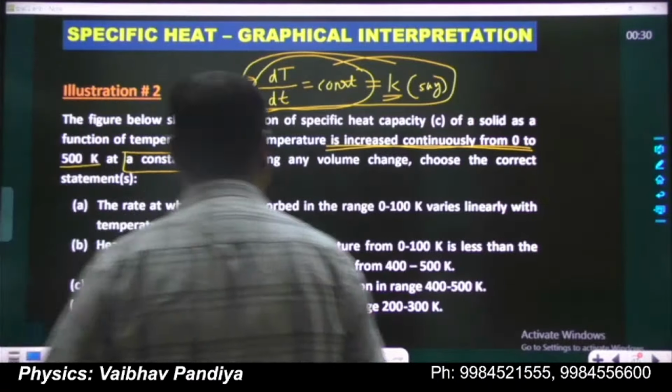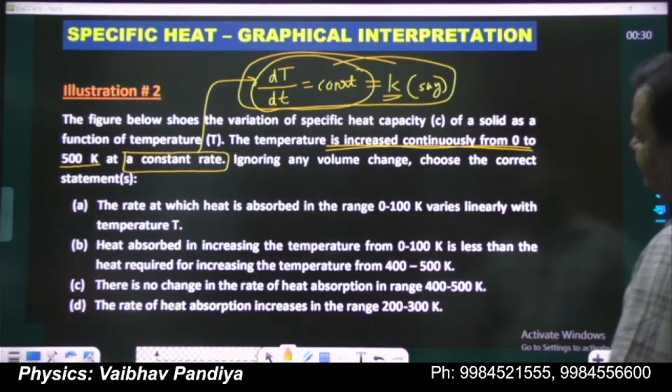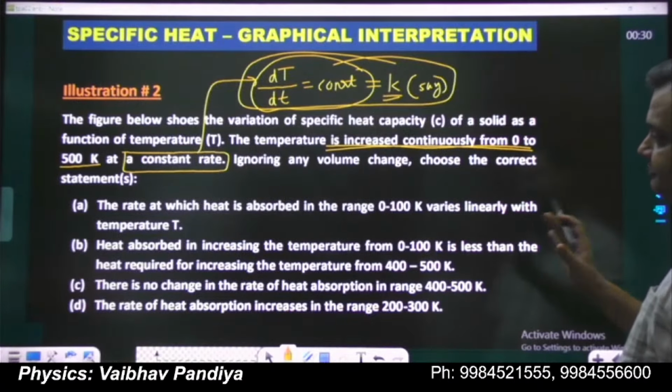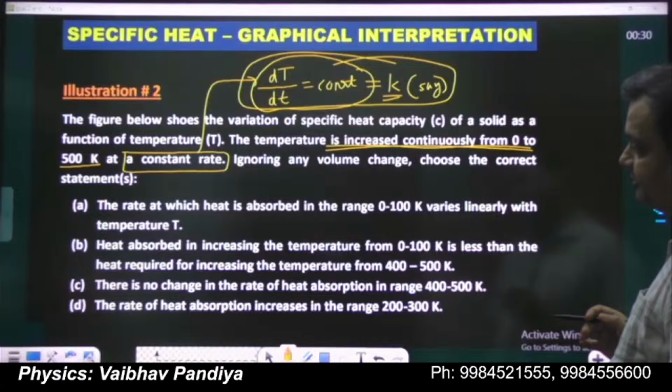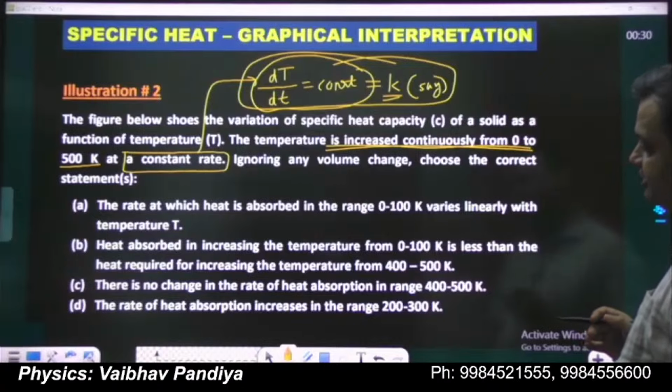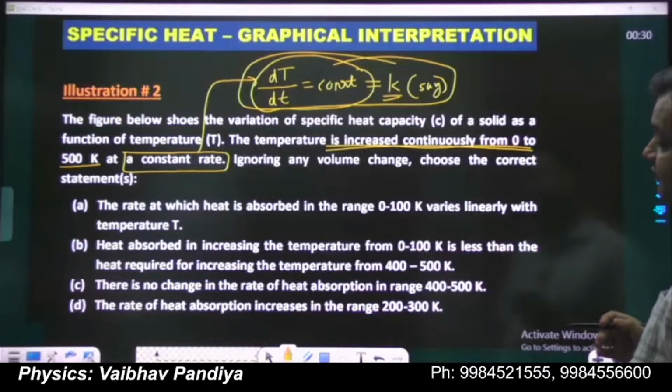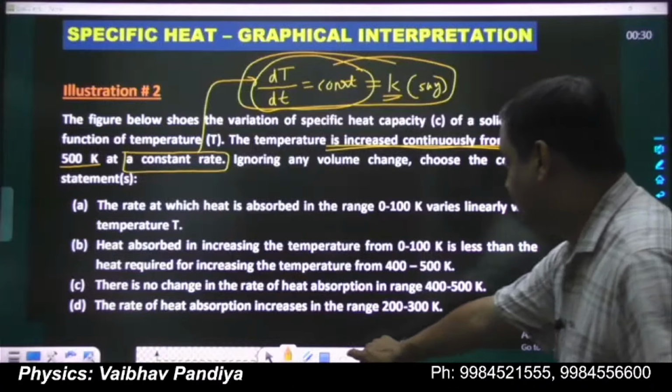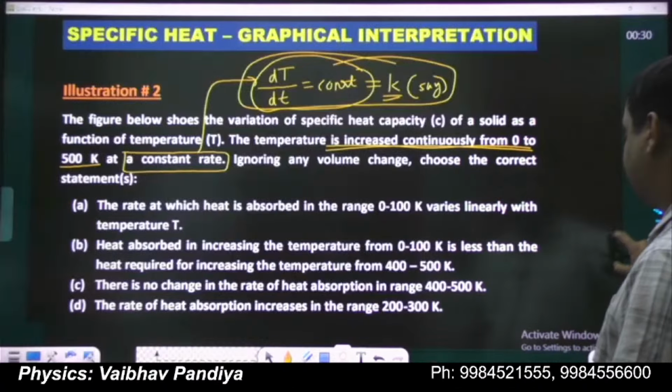Option A: the rate at which heat is absorbed in the range 0 to 100 Kelvin varies linearly with temperature. Option B: heat absorbed in increasing the temperature from 0 to 100 Kelvin is less than the heat required for increasing the temperature from 400 to 500 Kelvin. Option C: there is no change in the rate of heat absorption in the range 400 to 500 Kelvin. Option D: the rate of heat absorption increases in the range